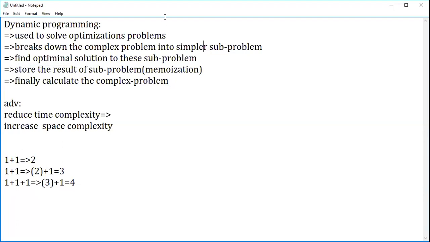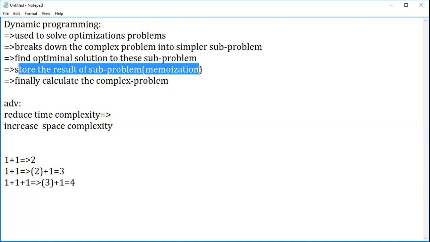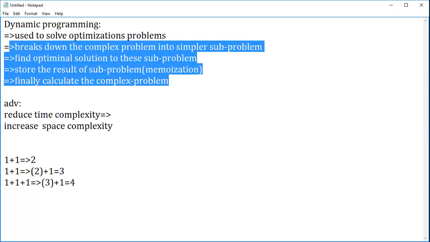If they ask for a comparison of divide and conquer and dynamic programming, you can state clearly that in dynamic programming we store the subproblem result and make use of it. These are the important key points to state when someone asks about this concept, and this is the flow of it.